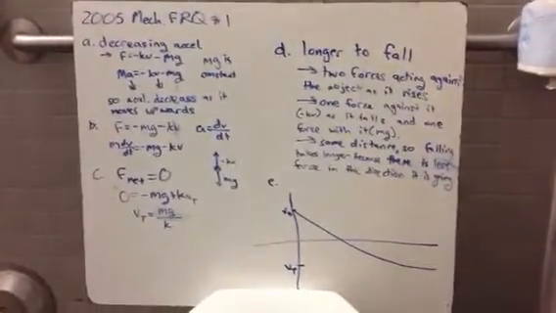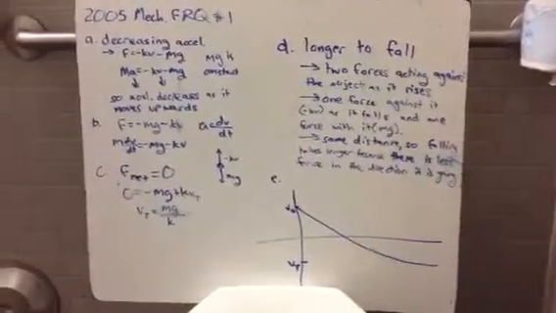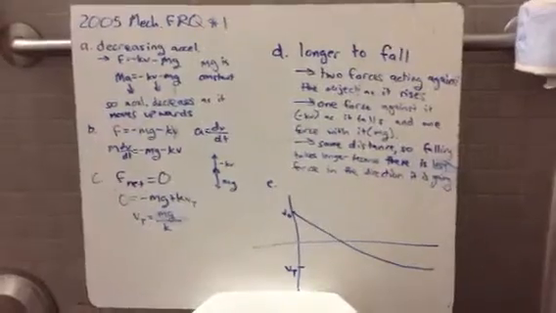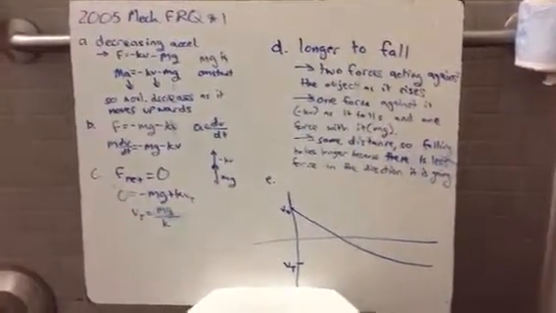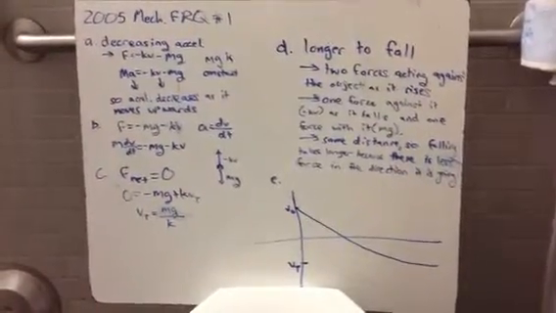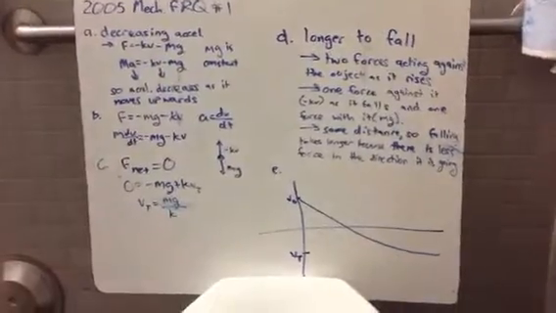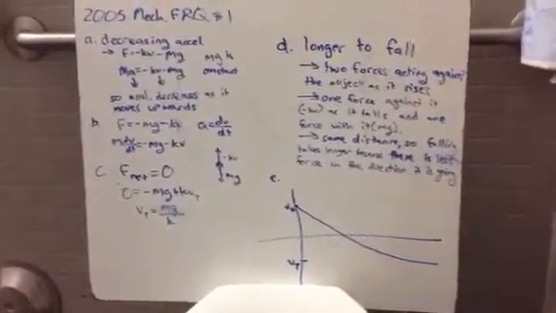However, as it's falling, you have mg going down and wind resistance going up, so that means it would take a little longer to fall down than to hit its peak height. And for E, obviously V naught is going to be the highest because that is the initial